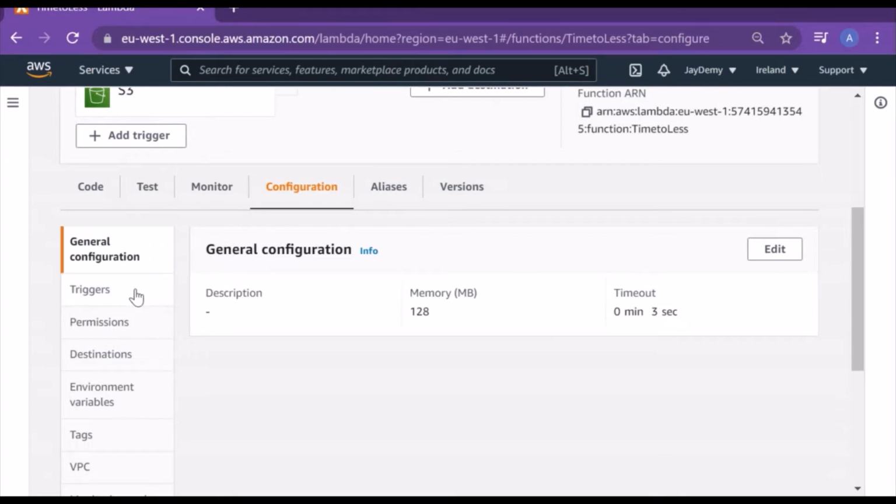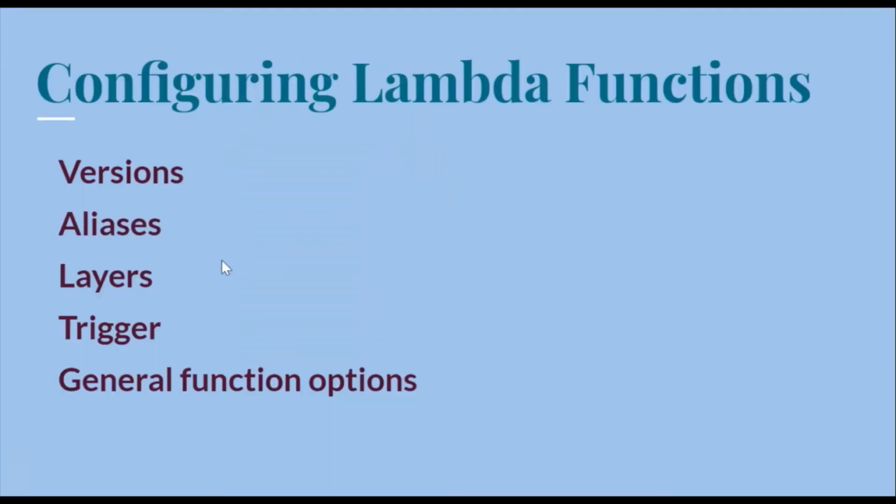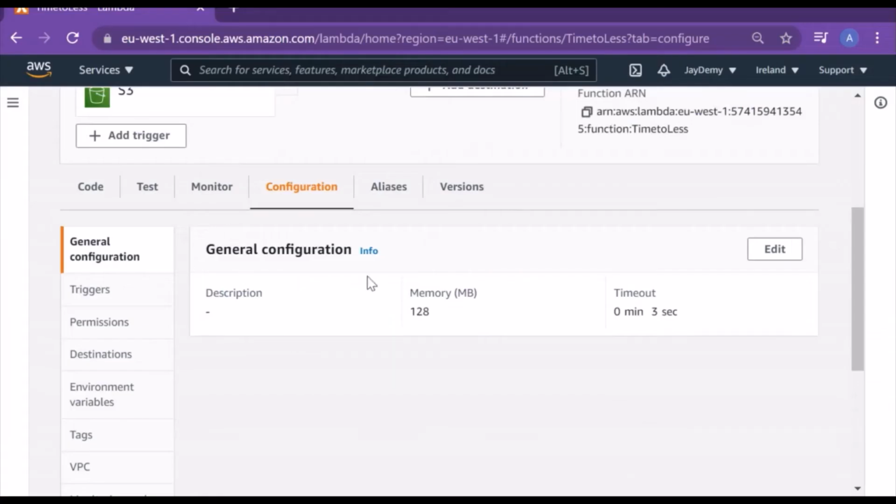Coming to the triggers. If you see here, the main areas for configuring are version, alias, layers, triggers, and some other general configuration. General configuration you already saw. When it comes to triggers, what is actually meant by a trigger?